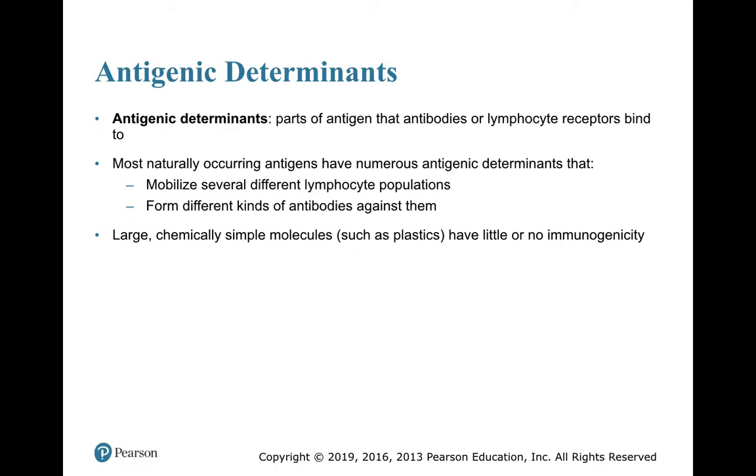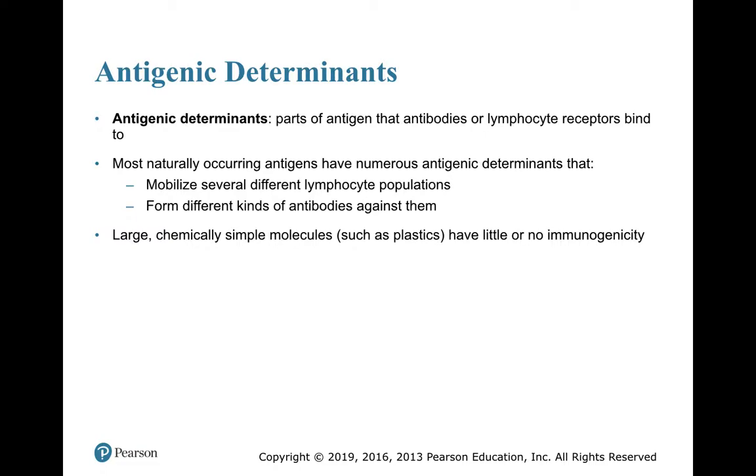So on a single antigen, which is a part of hopefully a pathogen, there are numerous antigenic determinants. They are the parts of that antigen that an antibody or T cell receptor will bind to and cause a response. Most naturally occurring antigens have determinants that mobilize several different lymphocyte populations. So you're not just going to make one antibody against the pathogen, you're going to make numerous antibodies against the pathogen. And most of them